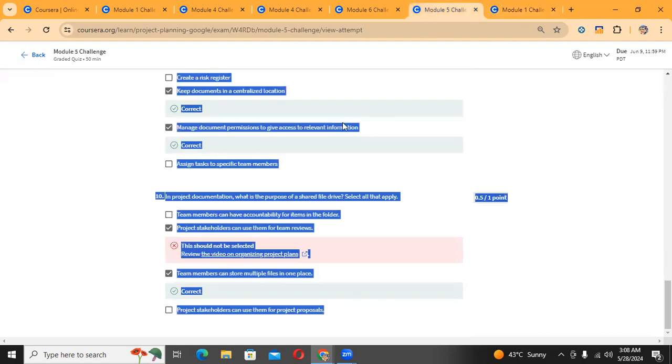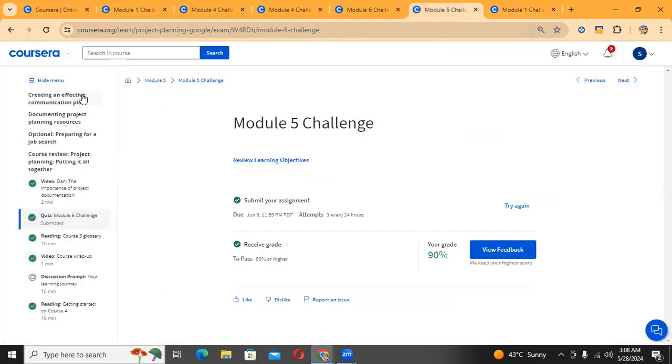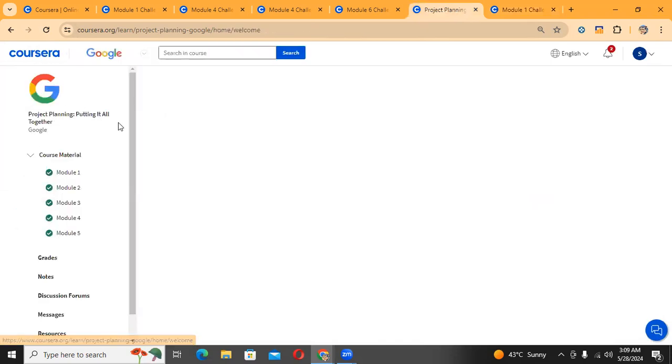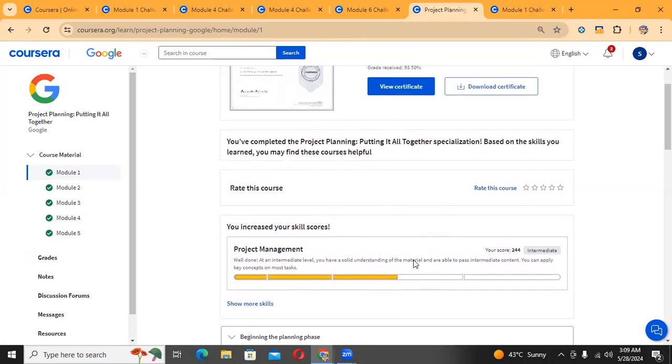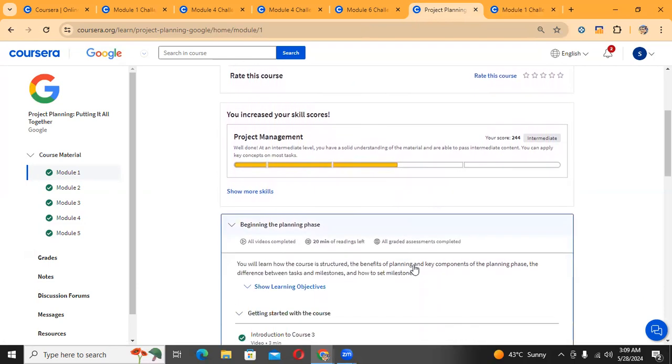So let's go to the third course. Let's go to the third course. So the beginning of this course. So let's do this model, the beginning and the planning of the